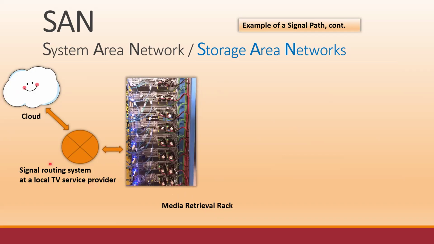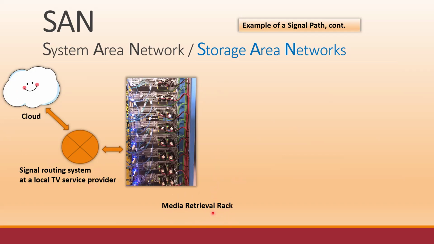There are different names for it, but one of them is media retrieval rack. So if that happy family requested watching a movie with a famous actor, a specific title, and let's say they pay $6 or $10 or whatever it is for that movie to watch,